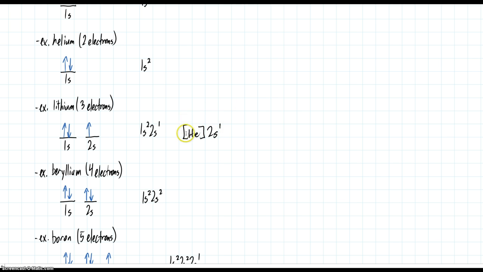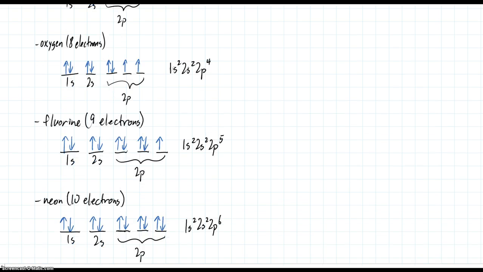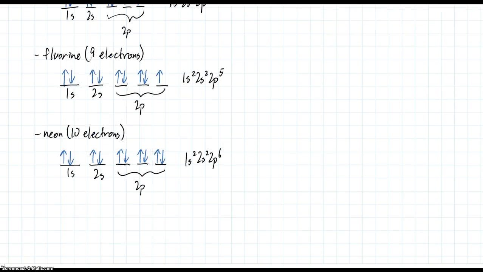And so what that He in square brackets is saying is the electron configuration for lithium starts with the electron configuration for helium, and then we need to add in 2s1 after that. The only difference between lithium and helium is that extra electron in the 2s sublevel. Similarly, beryllium would be He in square brackets, then 2s2, and all the way through down to neon would be He in square brackets,